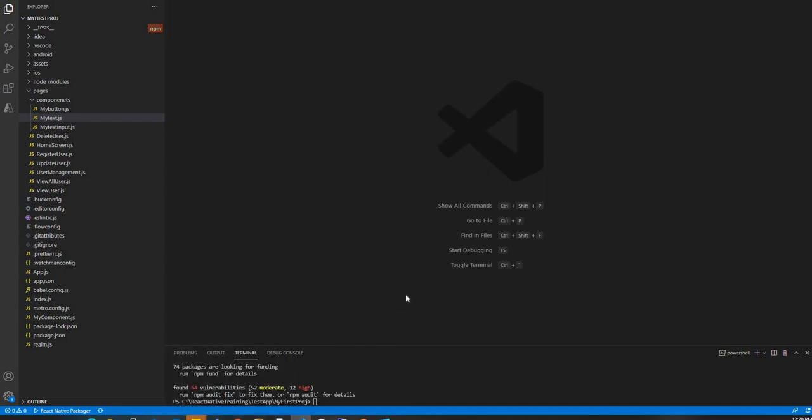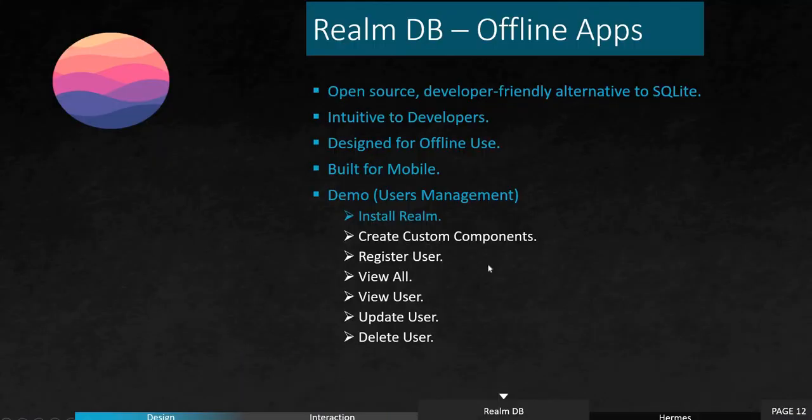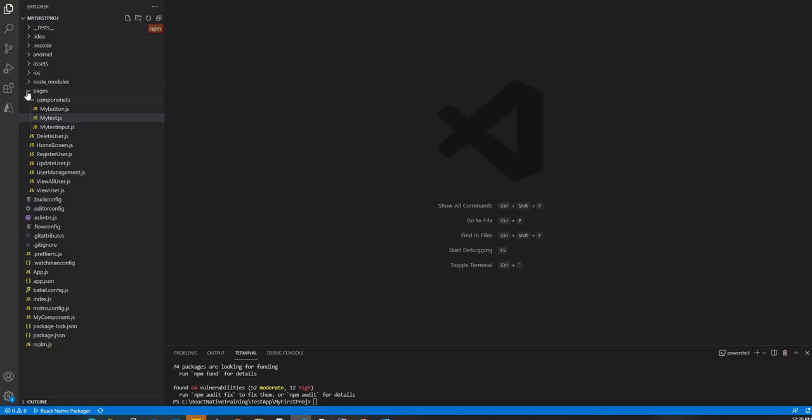Before using this database, guys, I'm going to show you how we could create our custom components. We've seen together in previous lessons how we could add our standard components like buttons, text boxes, and normal text into our mobile app. But this time we are going to create our own custom components, and we can reuse those custom components throughout our mobile app. So in our project, I've created this folder called components inside a parent folder called pages, and